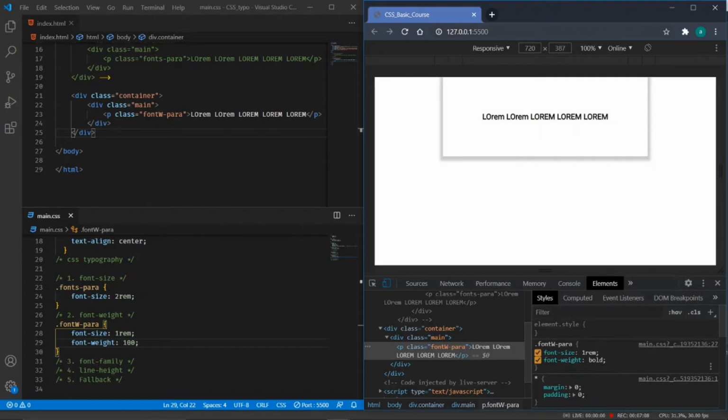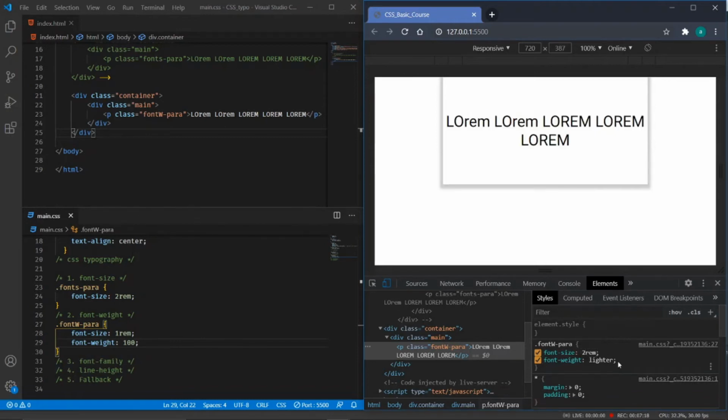Lighter is not visible just because the font is too small. Font weight is lighter. I'm having a bold one, so you can check it's bold.